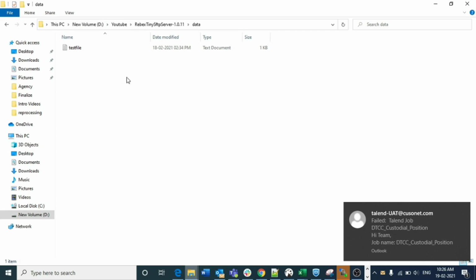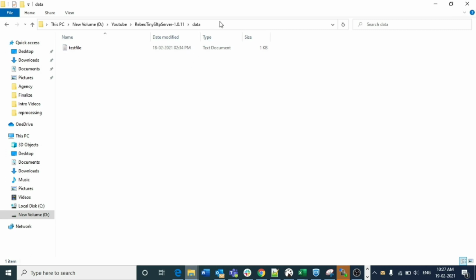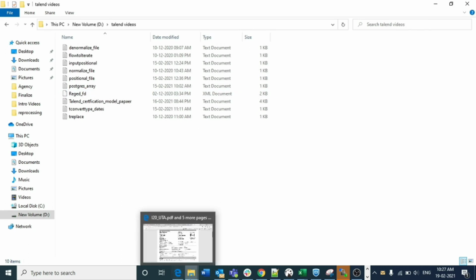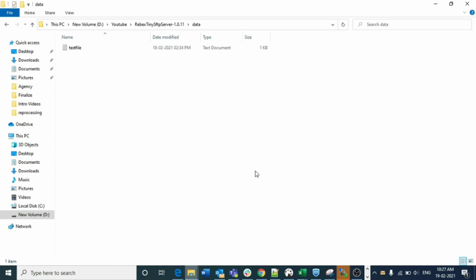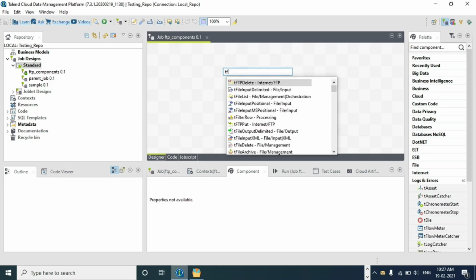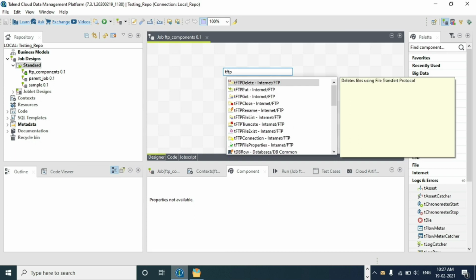Whenever we want to move files from one folder to another, let us assume that this is a remote server and this folder is in our local system. Now I want to move this one to the data folder, which is the remote server, from the local system. Now I am going to Talend Studio, and I am directly writing tSFTPPut here. Regarding the SFTP connection, SFTP delete as well as SFTP get, I will explain in the next lectures. In this video I am illustrating the SFTP put first.